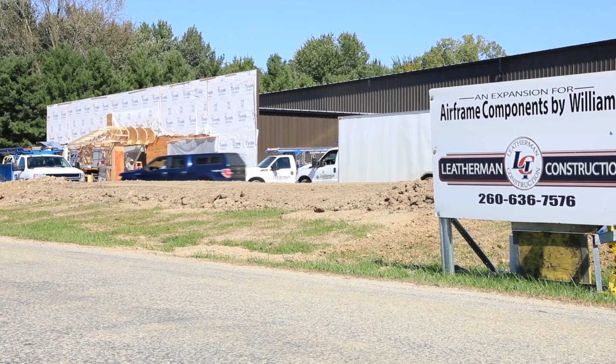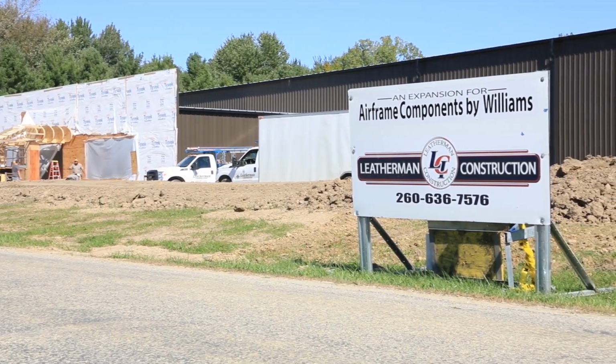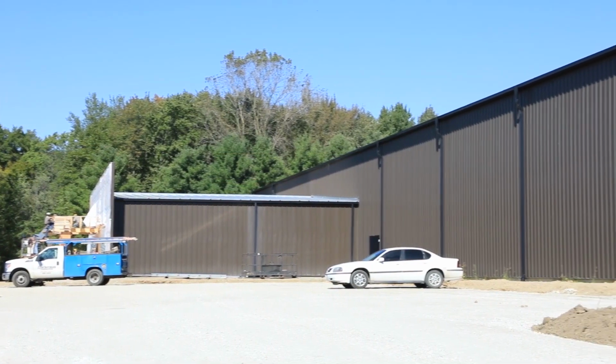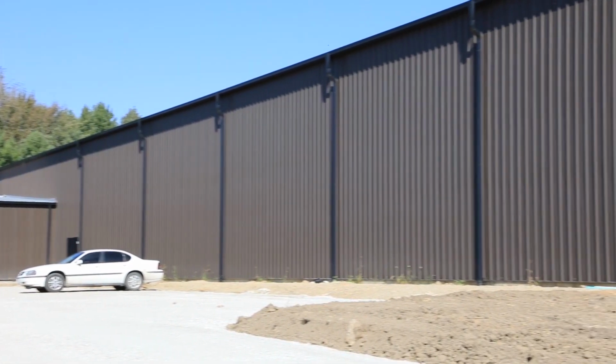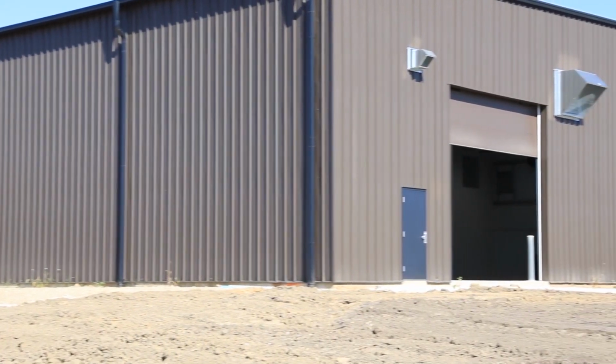All the elevation work around the building has been completed. The parking lot area has been cut out. The final grading around the building has been done. Now we are ready for pouring concrete in the parking area and driveways, as well as the approaches to all